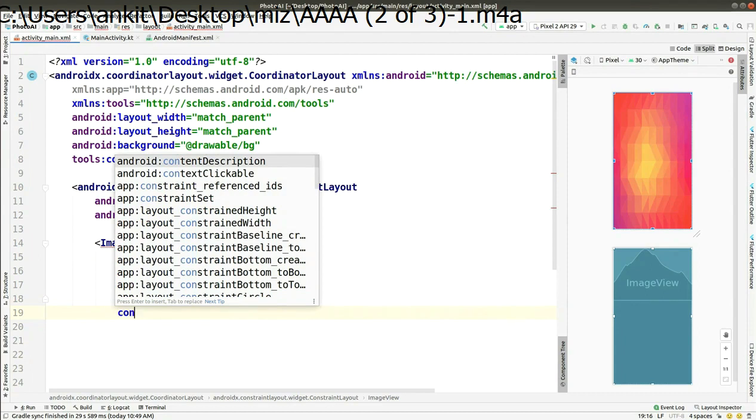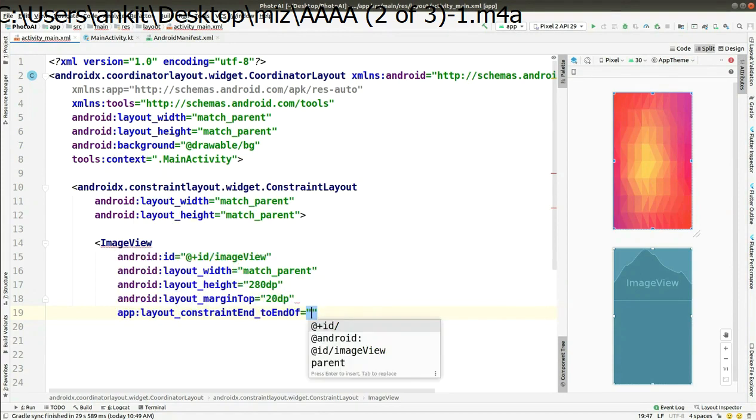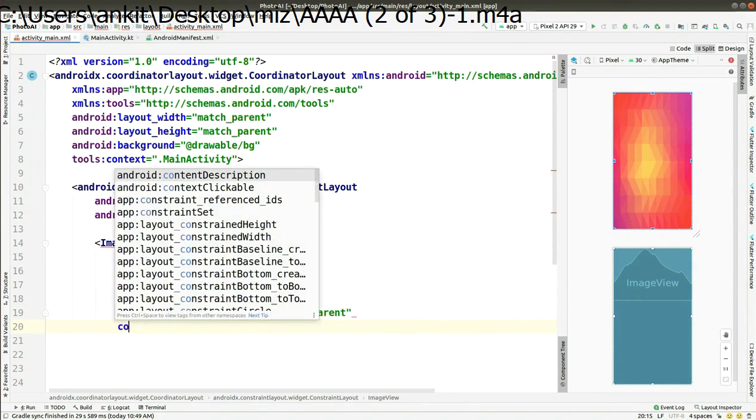Then we have to add some references regarding this constraint layout. So we just give it constraint end to end of, and its value is parent.